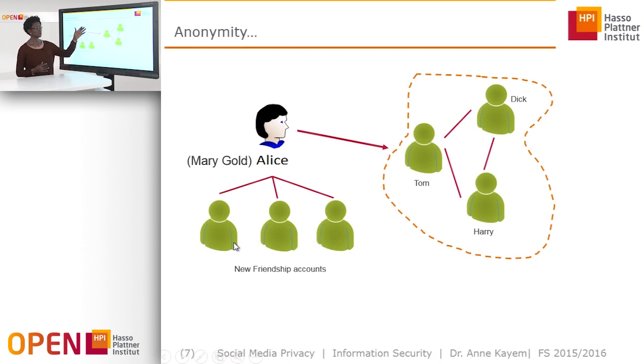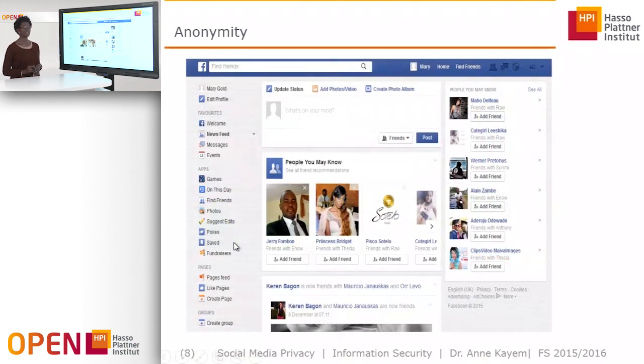So for example, Tom, Dick, and Harry could become her friends, just as we talked about when we talked about social network anonymization and social network de-anonymization. What you will be surprised about is that there are weak links. So for example, Mary Gold is somebody completely unknown to this person, but this person has accepted the friendship because Mary Gold looks like an authentic person that she could become friends with.